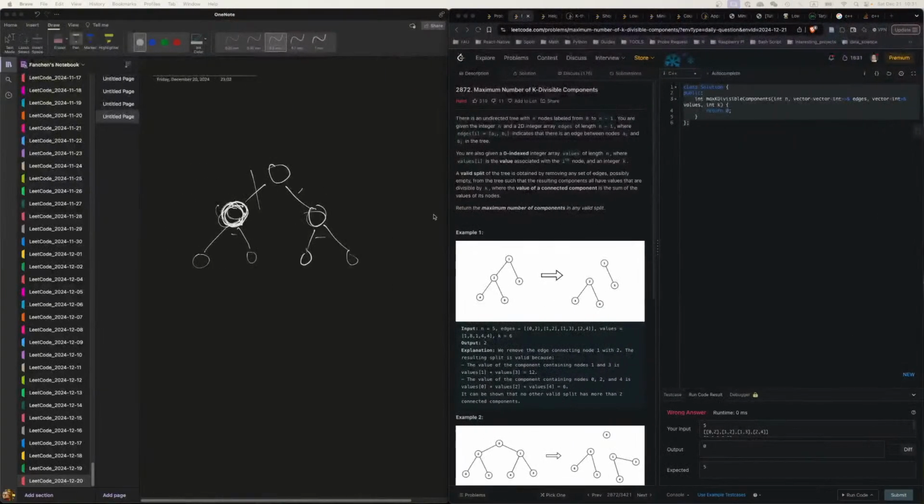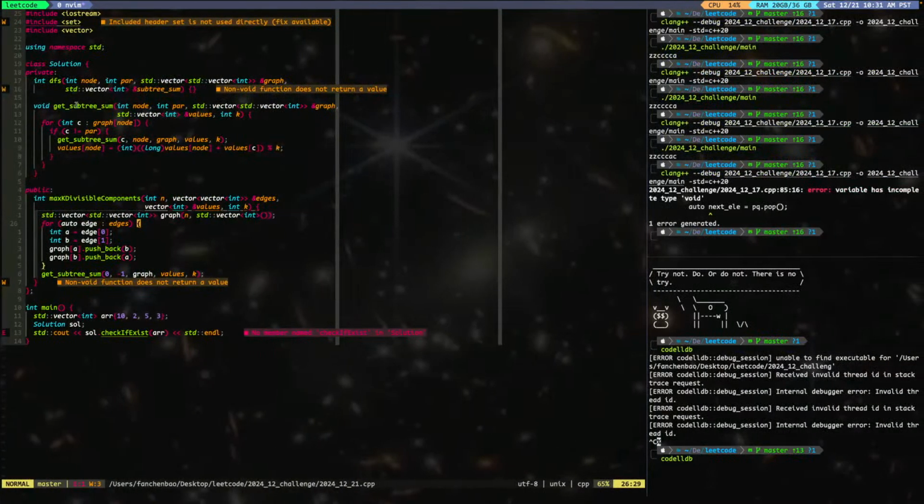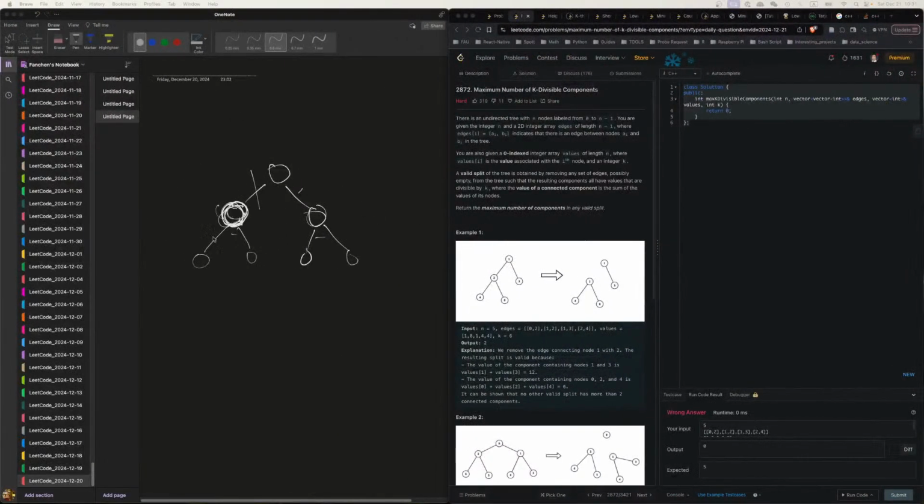So again, to recap, the idea is after we create this subtree sum, we're just gonna go through them, and every link, every edge that we find that can be split, we will split. Because yesterday we made some efforts to prove, or at least I think we have proved, that greedy works, right? If you find a split, then you should do it, because there's no benefit of not splitting it, right? Because if you don't split, eventually you will have to split, because we have this